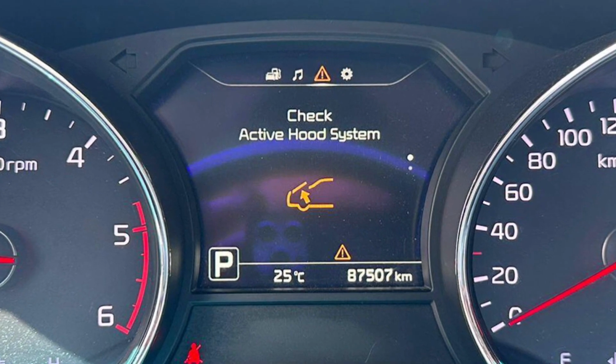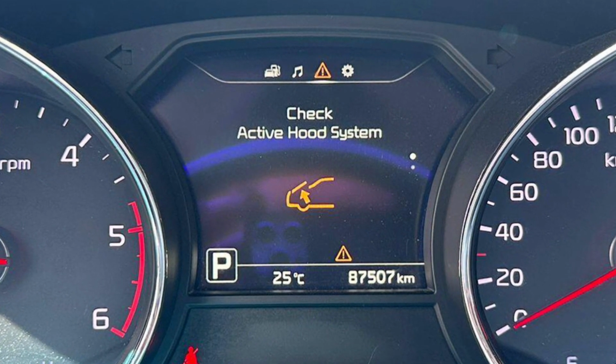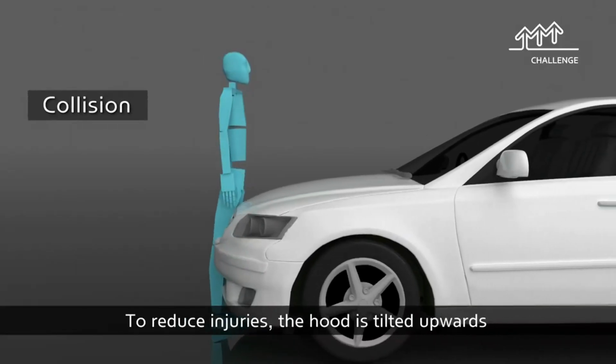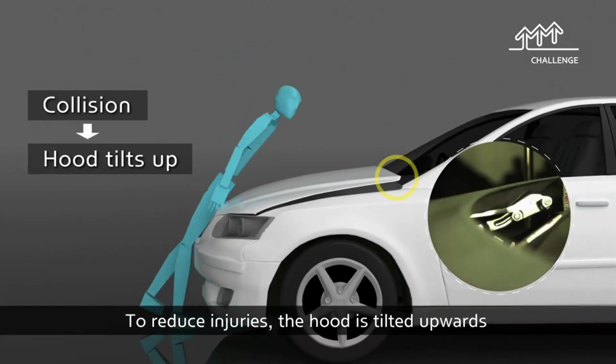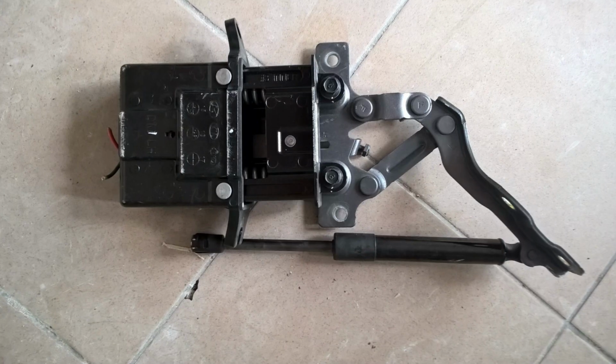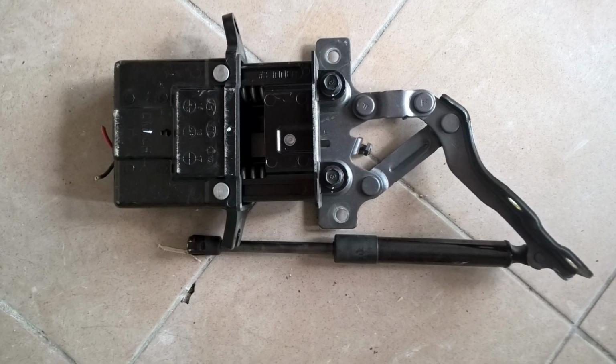If you see the check active hood system warning in your Hyundai Tucson, it means the safety system that lifts the hood in case of an accident is not operational. The prior task of the system is to protect adult pedestrians in case you hit them with your Tucson. The system consists of a sensor and lift mechanism, and it's usually about the problem with the sensor after slight